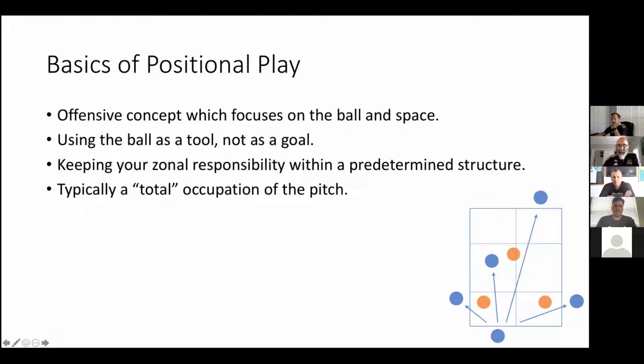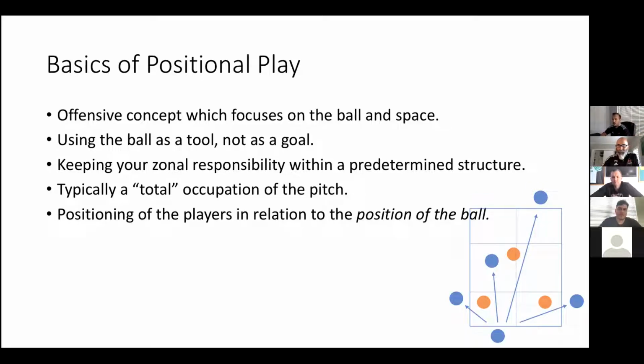So typically, when you see positional play, you're going to see a total occupation of the field, which means both wings are going to be occupied at the same time, all the way wide. You're going to see someone in the attacking position at the forward normally, and you're going to see a spread out team where there are multiple positions inside of the opponent formation, but you see width on both sides constantly. Every player positions in relation to what their structure is, but as the ball moves, the players adjust to where the ball is to give it the best passing options.